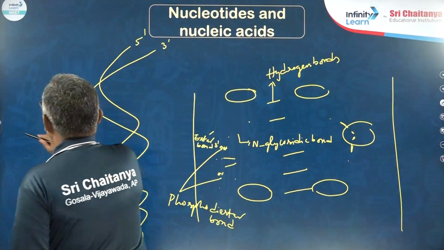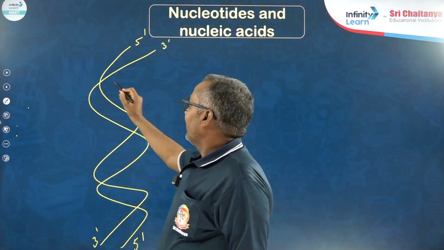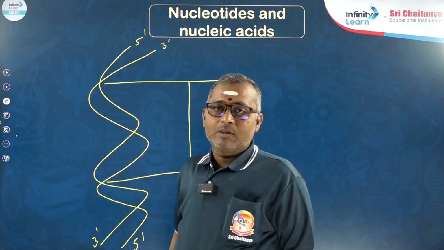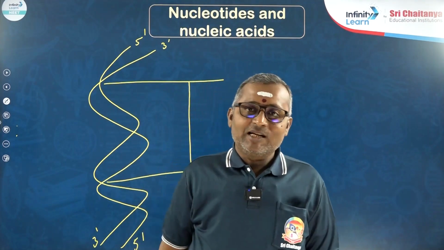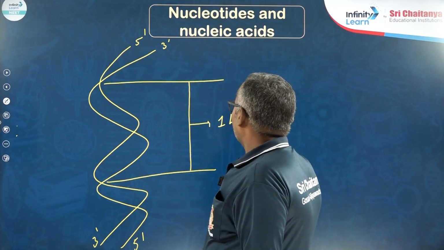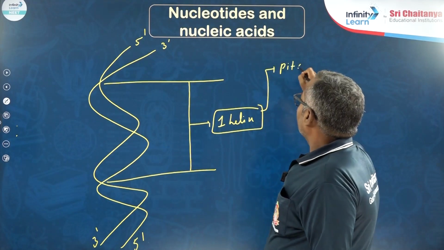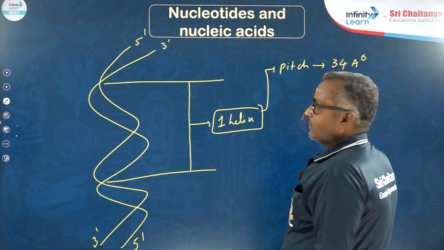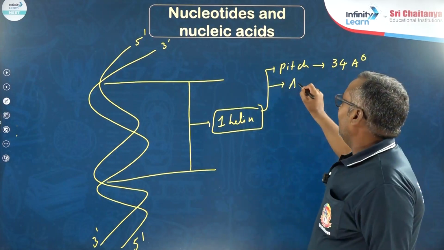And another most important thing, the 2 strands are helically coiled so that they form a helix. In a helix, the angle between 2 successive base pairs is 36 degrees. Now this is one helix. The pitch of the helix is 34 angstroms or 3.4 nanometers, and it has an angle of